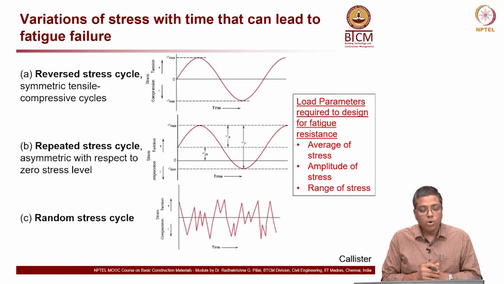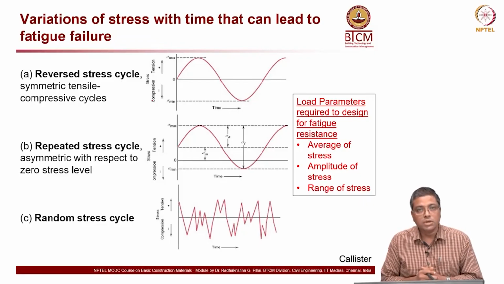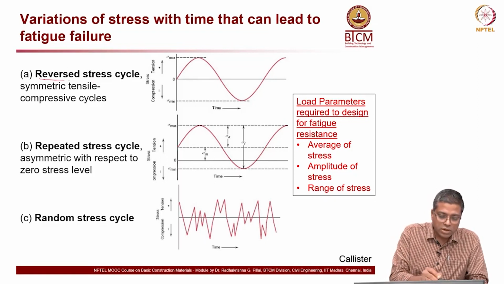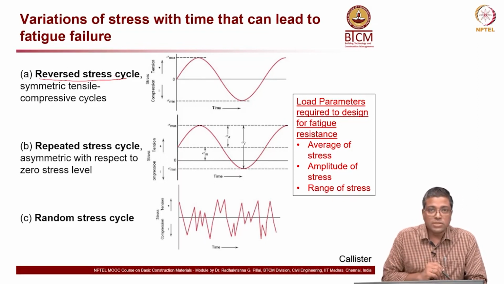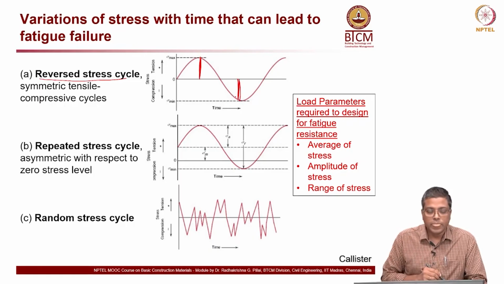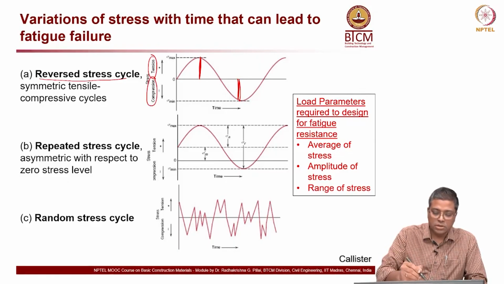Now, what are these loads we just talked about, variation in the stress from compression to tension, tension to compression. In general, we can classify them as 3 types of cyclic loading. One is the reversed stress cycle, where you can see the first graph on the top, where it is symmetric in nature along this axis. So, it is symmetric, and that means this height is the same as this height here. Okay, the amplitude is the same both for compression and tension. You can see above the axis it is tension, and here it is compression.